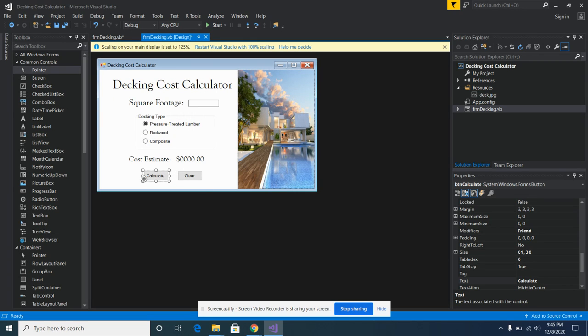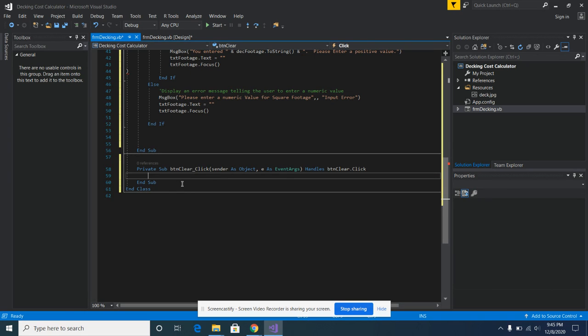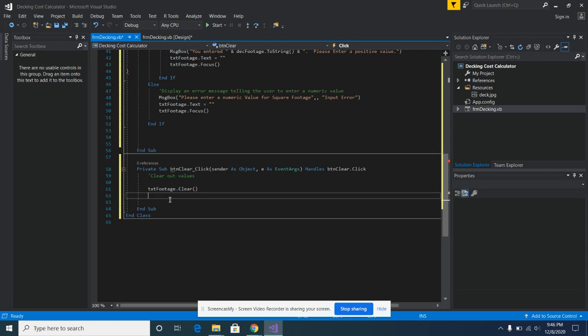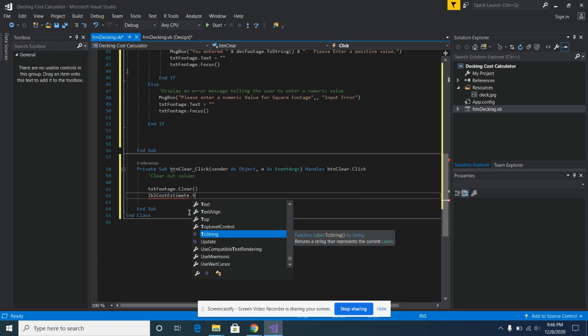We're going to do a couple more things. We're going to code the clear button here. So I'm going to double click on my clear button, and we'll just put a comment in here: clear out values. Okay, so we're going to do a couple things here. If the user hits clear, we want to say txtFootage.Clear, lblCostEstimate.Text,